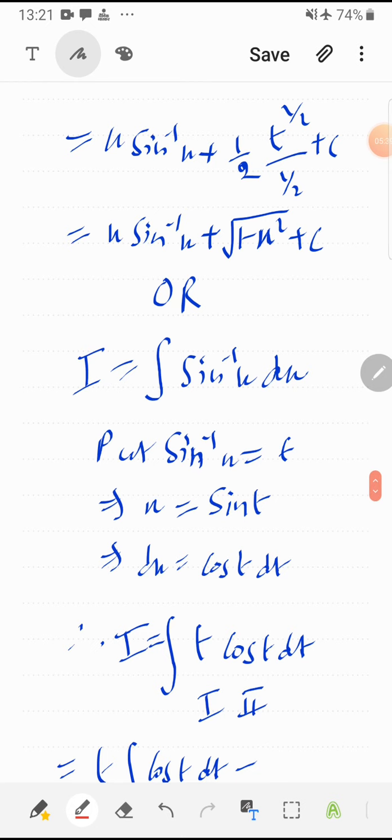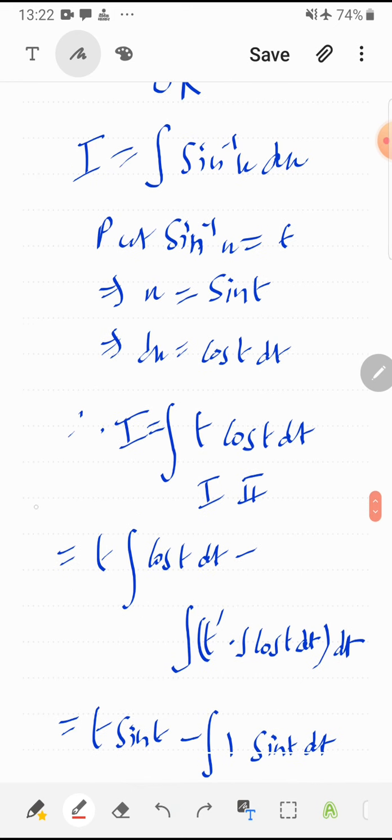Now sin inverse x can also be found with the help of integration by substitution. How? Let us see. Put sin inverse x is equal to t. Don't differentiate it immediately, rather put x is equal to sin t. From here, sin inverse x is equal to t, we can write x is equal to sin t. Now differentiating both sides, dx is equal to cos t dt,